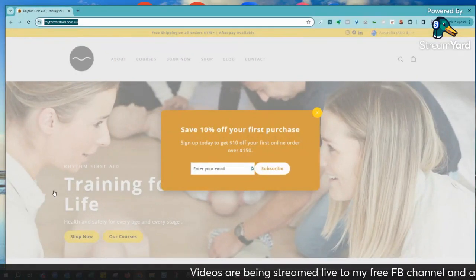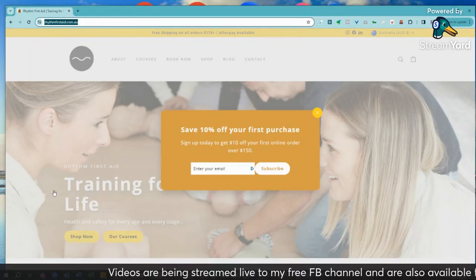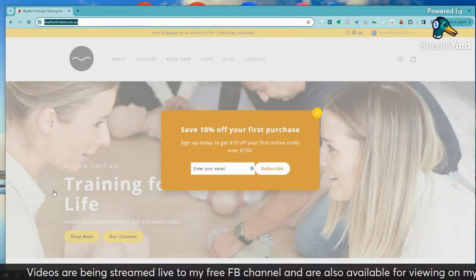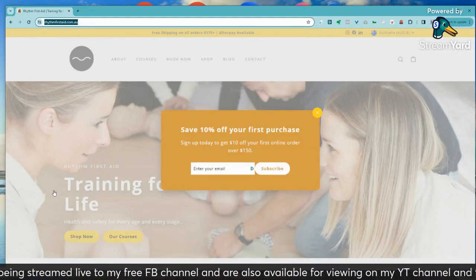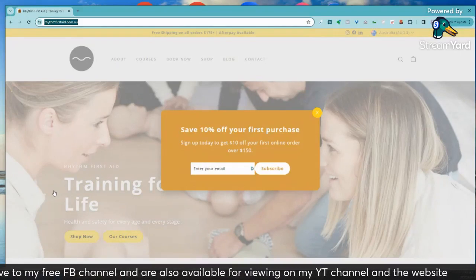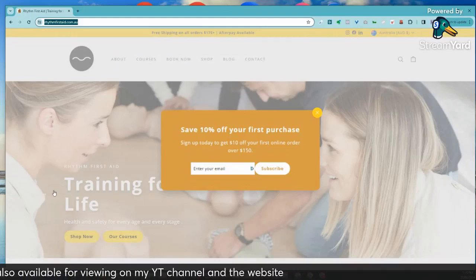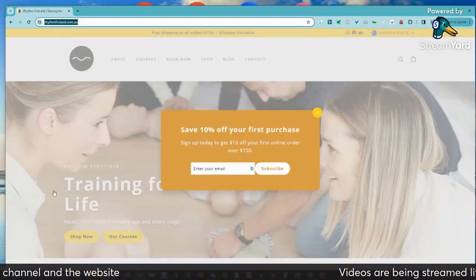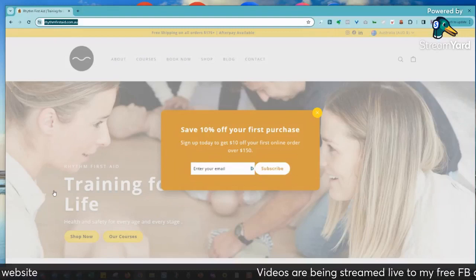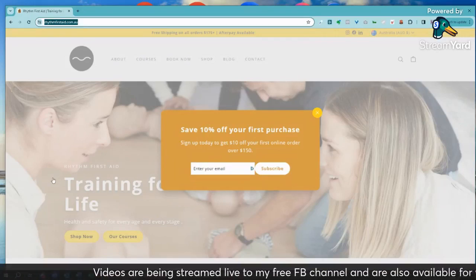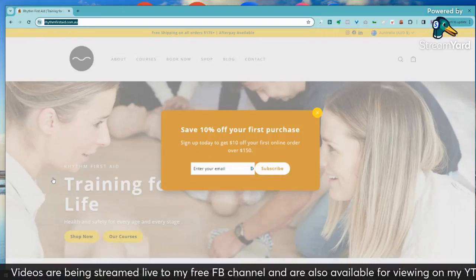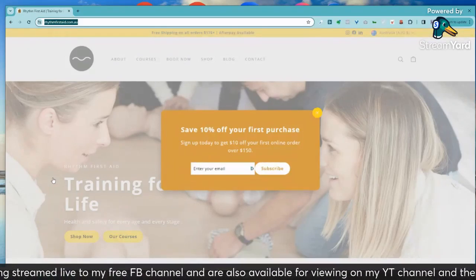So my first problem is up comes the pop-up right in front of my face. I do not want 10% off my first purchase. I want to know what you do first. I want to be able to look at your website. Google wants to be able to look at your website. So please, please, please, people, do not make this come up within the first few seconds of me being on your website. It's the fastest way to send people off your website, the fastest way to get yourself demoted in